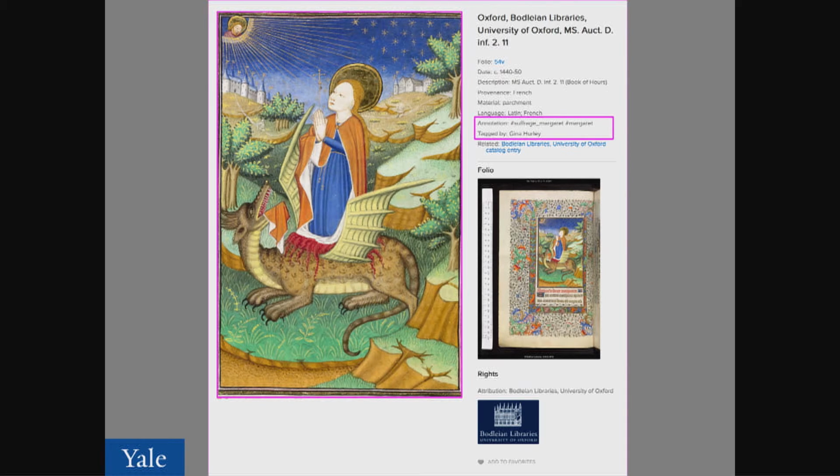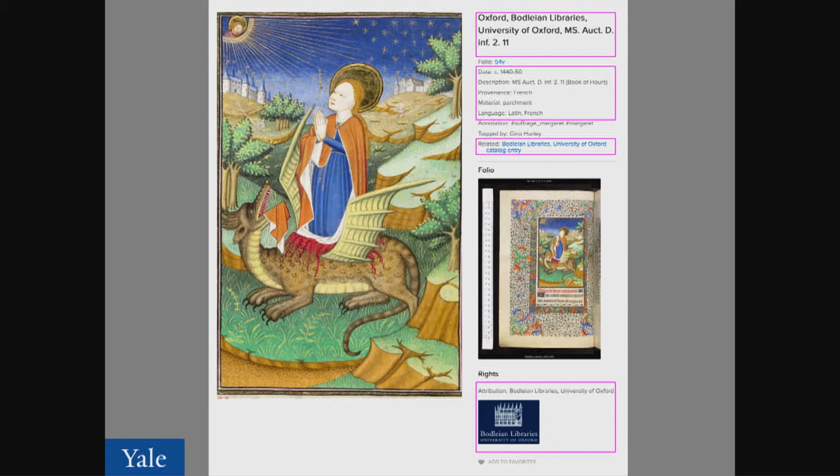Now, when we index the annotation, we go out and we say, well, this annotation was made on a canvas. We go grab the canvas, and what do we find from the canvas? Well, we find a label, right? We find the folio label, which is 54 verso. And we also have the reference to the full folio image that's associated with the canvas. So we can now show a thumbnail of that, right? So you have some context for where this annotation is on the page. The rest of the information here that you see on the right is drawn from the manifest. So we go out and we get the manifest. It doesn't need to be a manifest at Yale. It can be a manifest at Oxford or at Stanford or somewhere else.